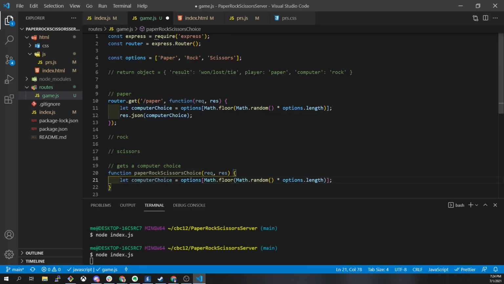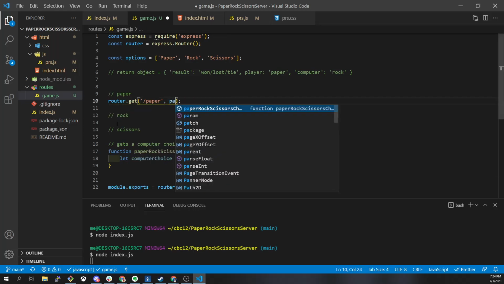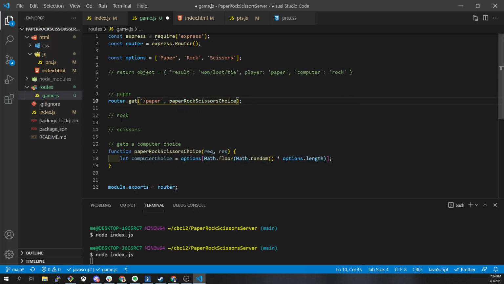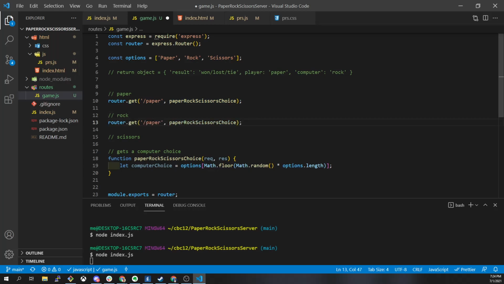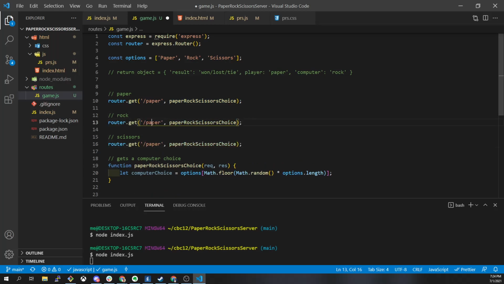The problem now is that if each one of these is called by paperRockScissorsChoice, and we do the same thing for rock, paper, and scissors, because we've written one function, we don't know which one of these we've called. Except that if we do console.log